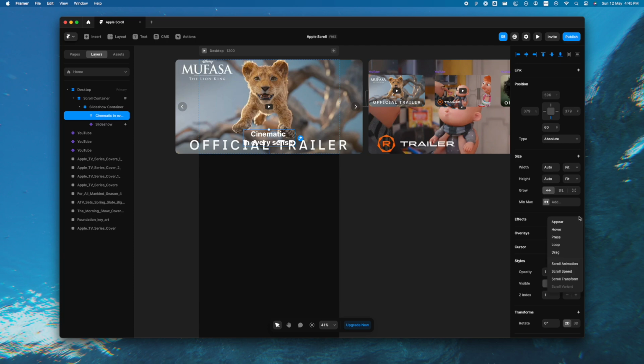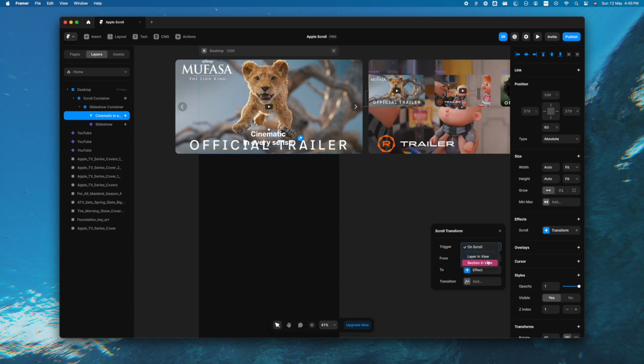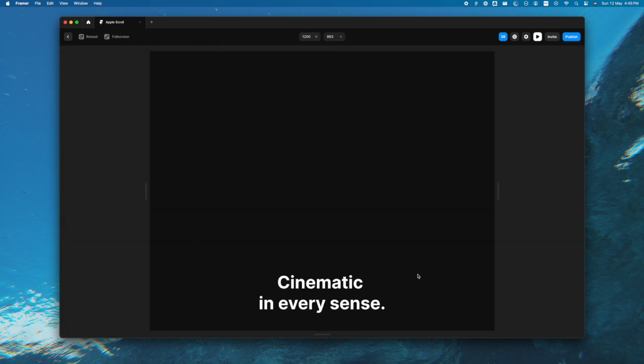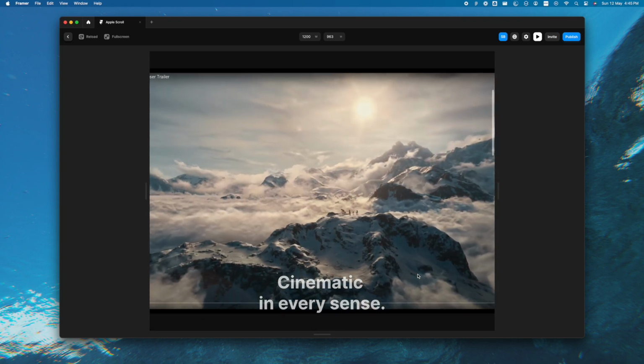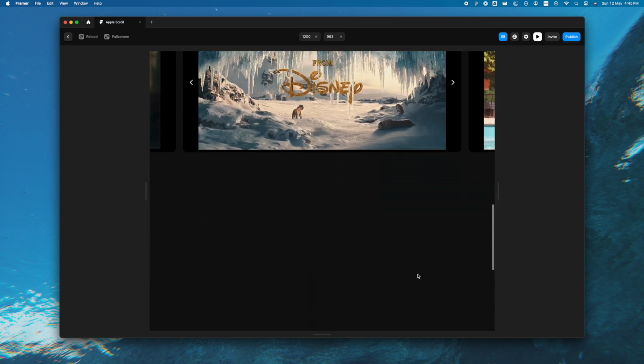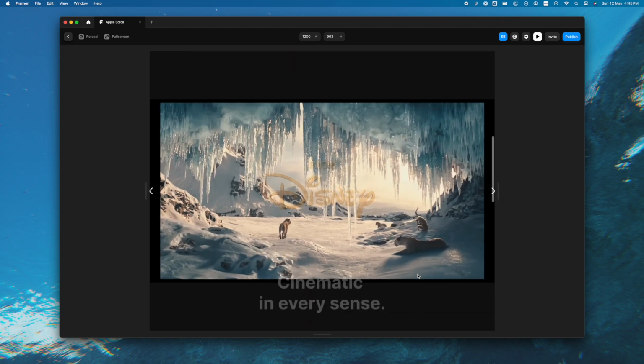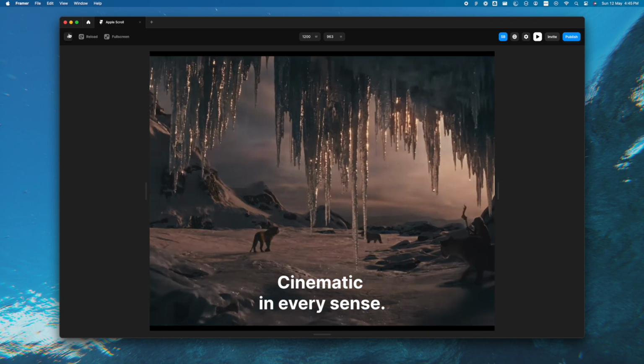Now I want to add scroll transformation for the text as well. So we'll go to scroll transform, change the trigger to section in view, and choose video section in here. We'll change the from effect, opacity 1, scale 1.2, we'll change it to opacity 0, because we want the opacity to reduce with scroll, and change the transition to spring. So now when you play it, you'll see how it starts with 100% opacity, and when you scroll, it'll fade away. So it looks very nice. It looks very classy. So yeah, let's go back.